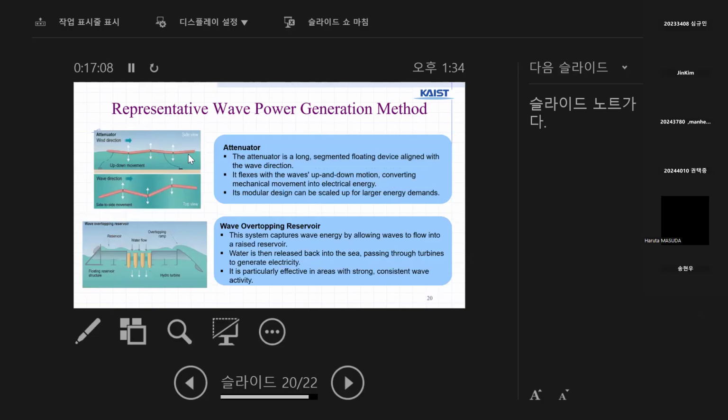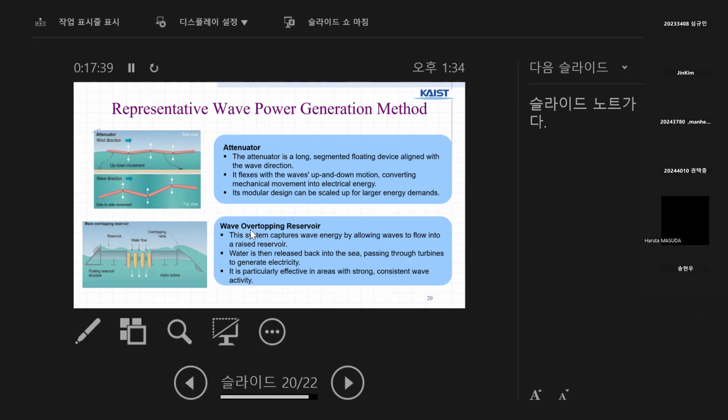The third one is the attenuator. The attenuator is a long, segmented floating device aligned with the wave direction. It flexes with the waves' up and down motions, converting mechanical movement into electrical energy. Its modular design is easy to scale up, making it easy to build larger and longer. And the fourth one is the